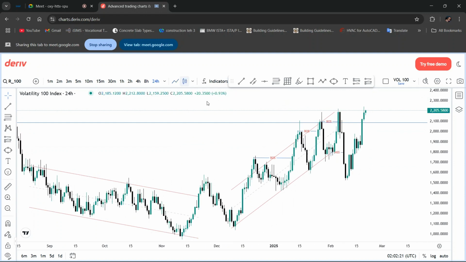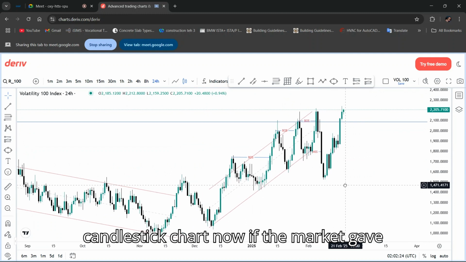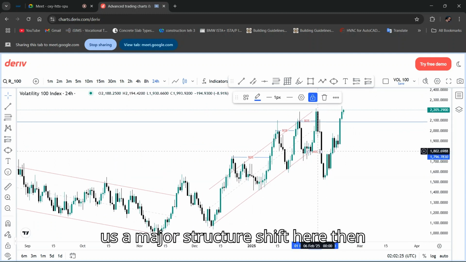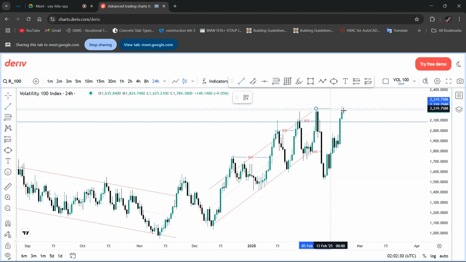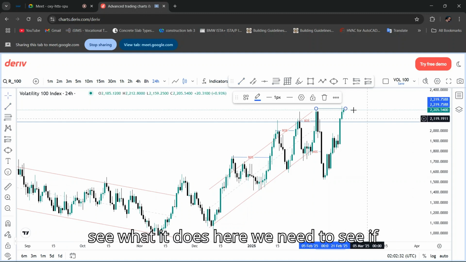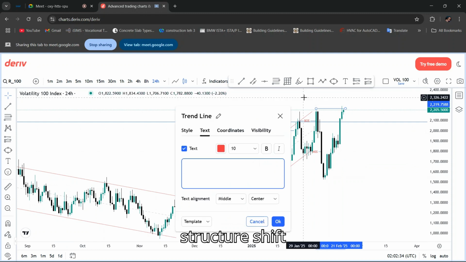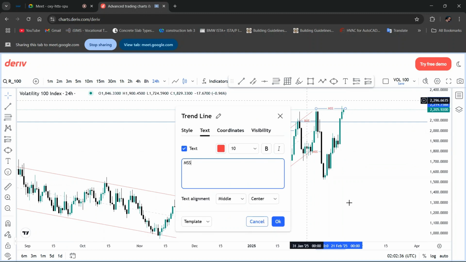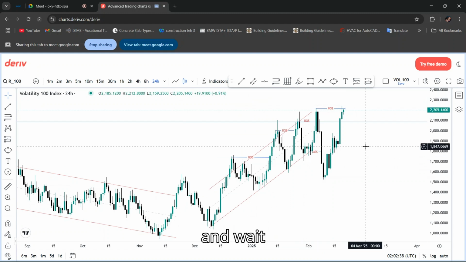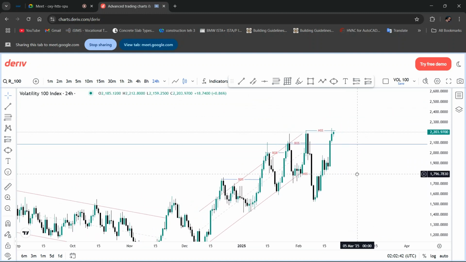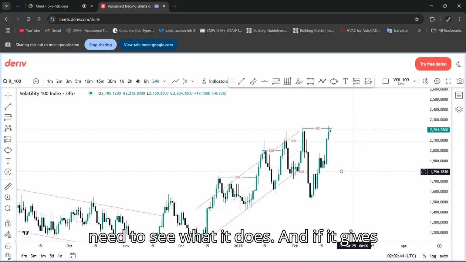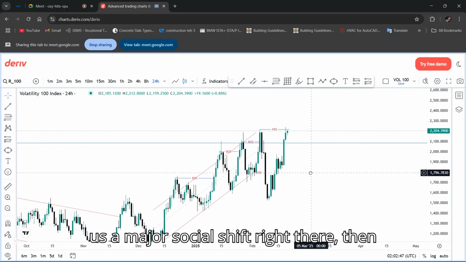Let's go back to the candlestick chart. Now, if the market gave us a major structure shift here, then we need to see what it does here. We need to see if it's going to give us another major structure shift. And wait. Need to see what it does. And if it gives us a major structure shift right there, then